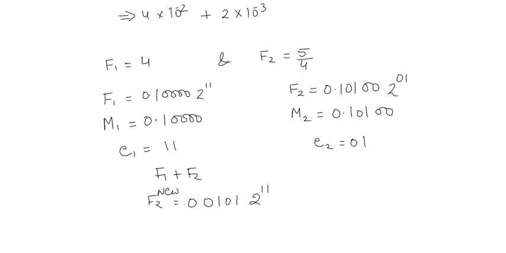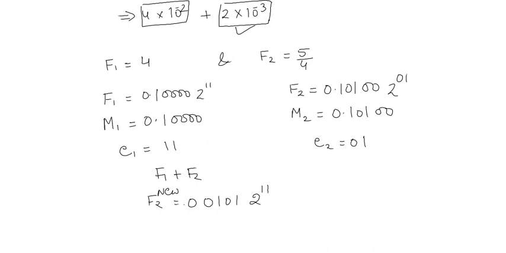For example, I have this number 4 into 10 to the power of minus 2, and another number is 2 into 10 to the power of minus 3, right? So we want to add these numbers. Your floating point processor cannot directly add them. So what we have to do first is make the exponent the same, then only it can add, right? So we have to always change the exponent for the smaller number. So which is the smaller number? This is the smaller number. So how can I add it?